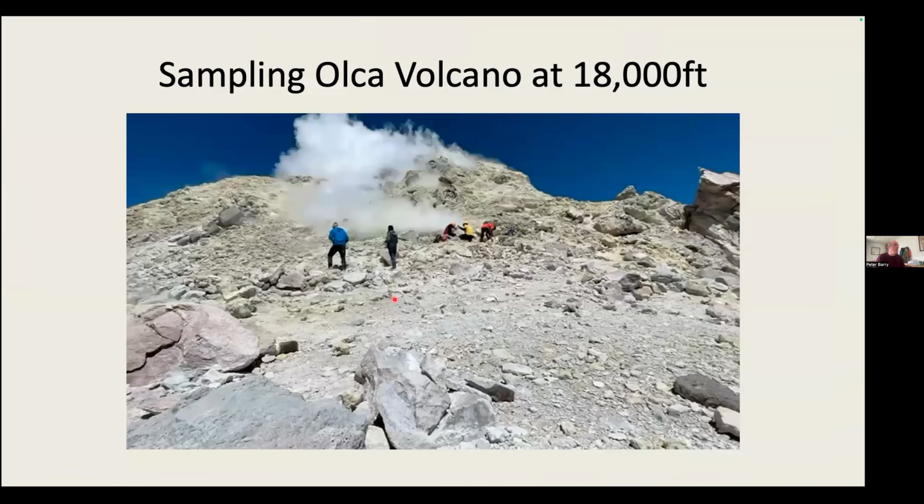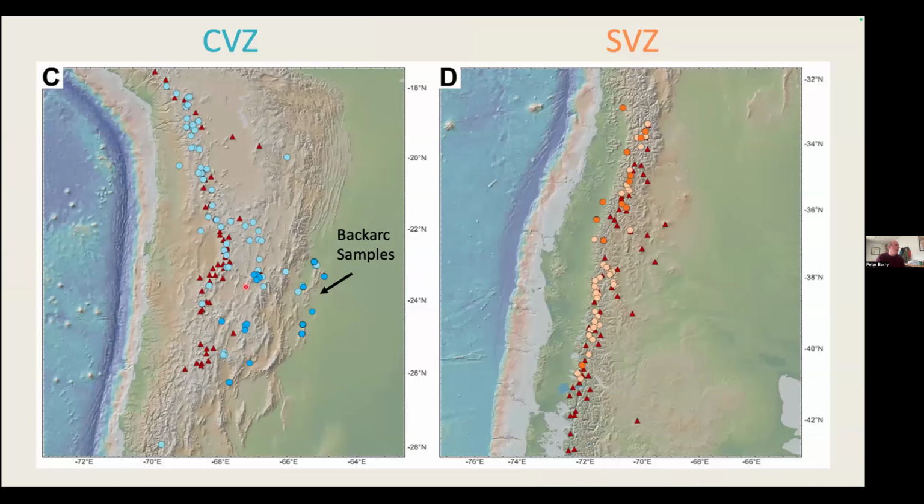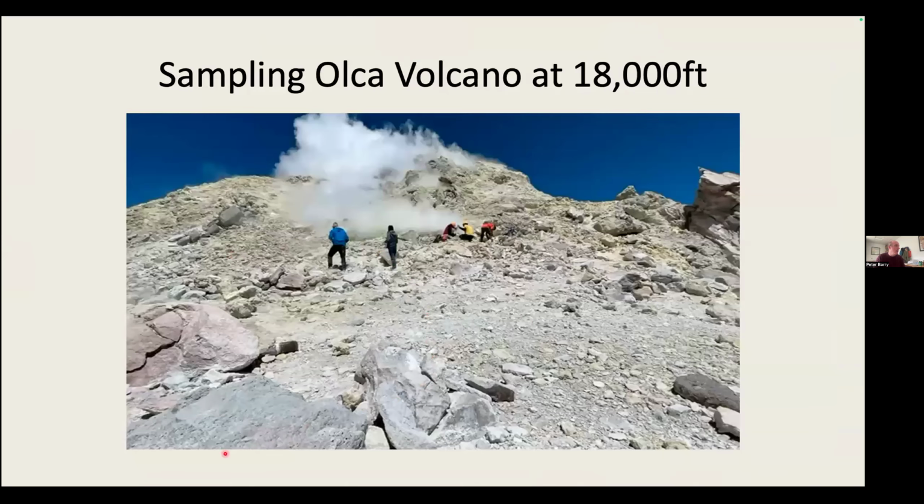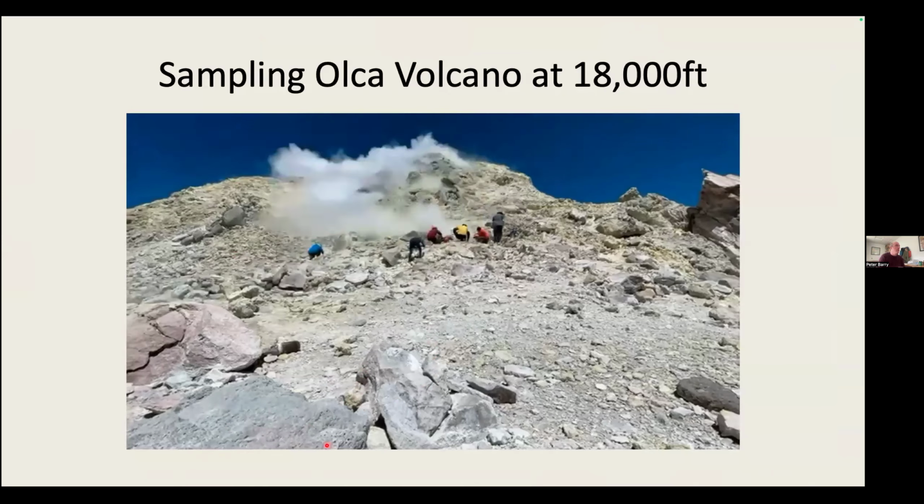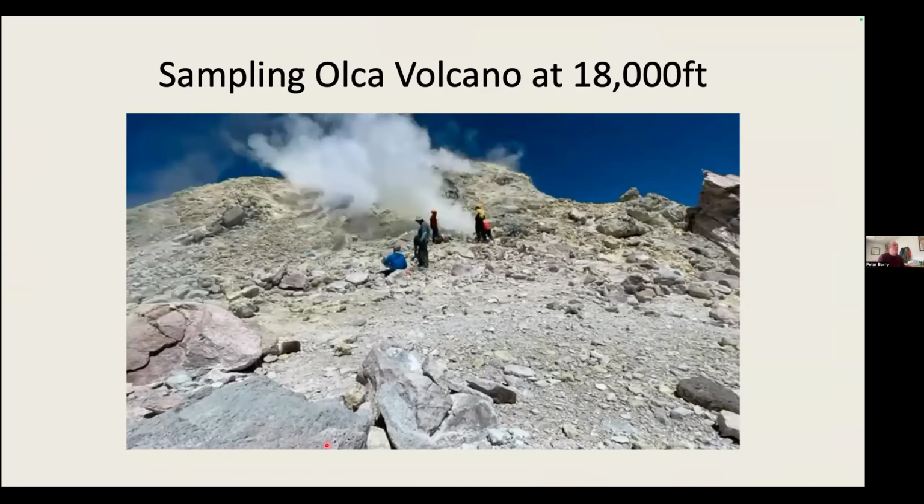We were also working in the volcanic arc front. Some of these samples were collected from the fumaroles themselves. This is a short video. I have a little time lapse video if I can get it to play. Oh yeah, there we go. So this is Ulca volcano,